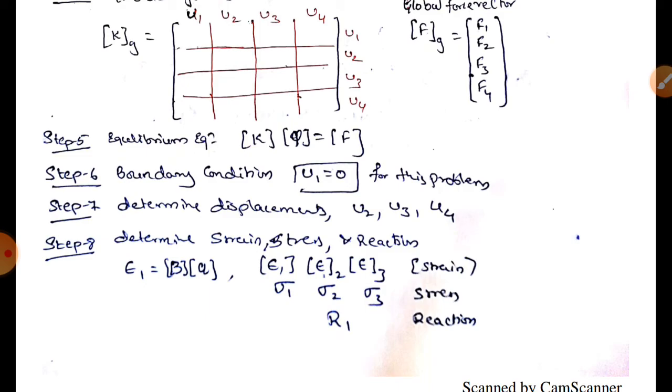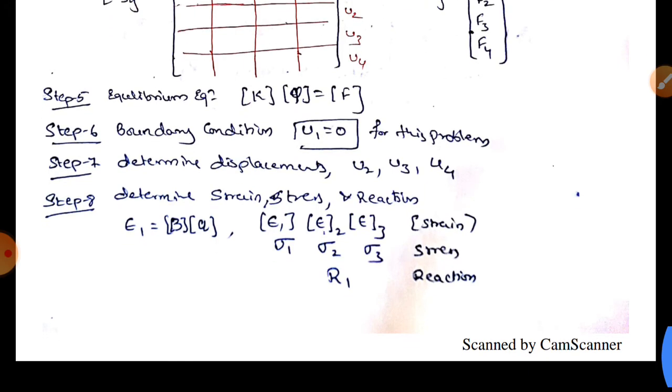First solve the first row, you will get u2, second row you will get u3, third row you will get u4. This method you can do, or else you can use the elimination method, that is write it in augmented form, then use row operations, convert it into upper triangular matrix and then do back substitution. You will get the values of u2 u3 and u4. After substituting all these values, you next need to calculate strain and stress. Strain is nothing but B into Q. For those elements you go on writing those nodal displacements, and stress is E into strain.